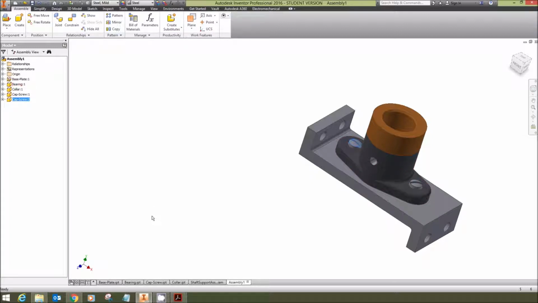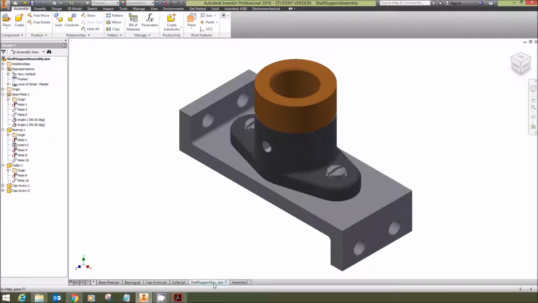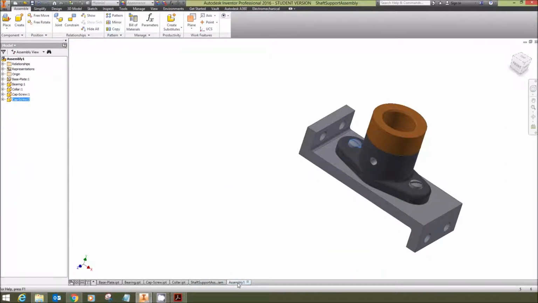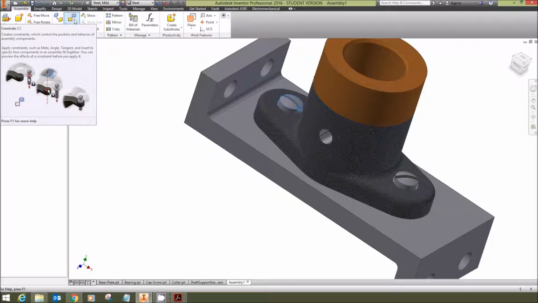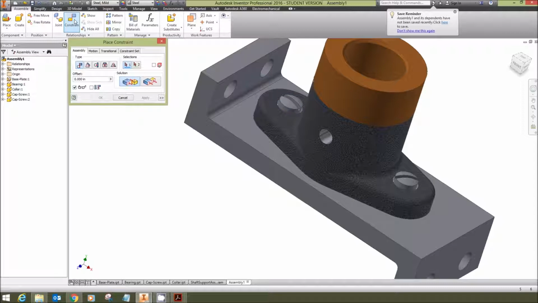So with this one, let me look back and see what I had here. Okay, I had them perpendicular there. So what we'll do is we'll do an angular constraint, and if you've got surfaces, you can use surfaces. If not, then you can use the axis of a part, and I'll show you both ways. So we'll go angle, and we're going to go directed angle,